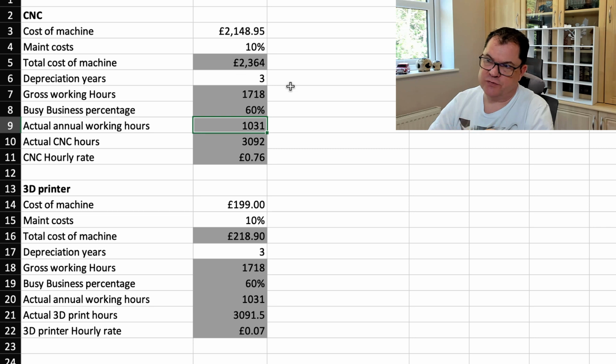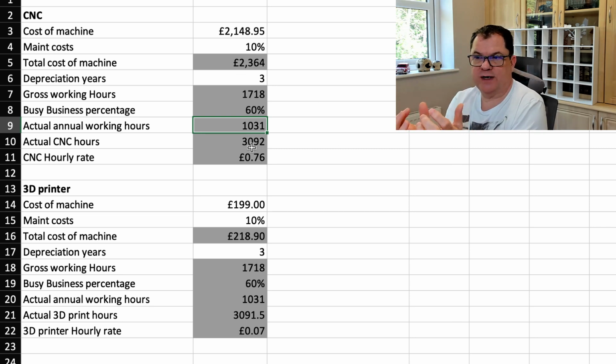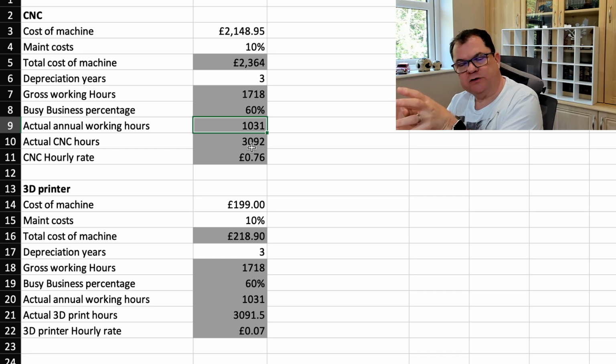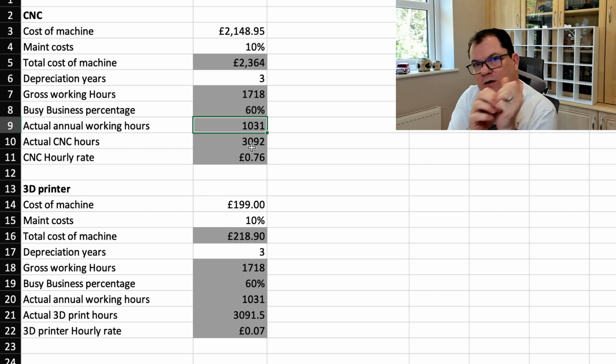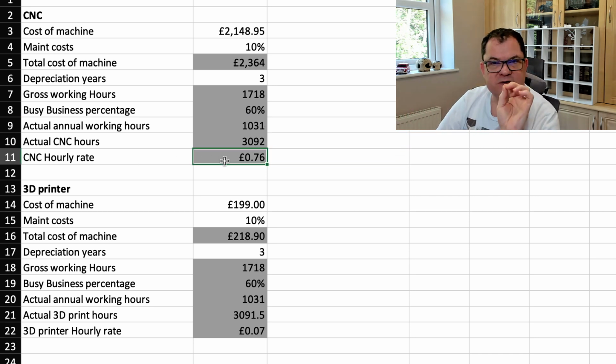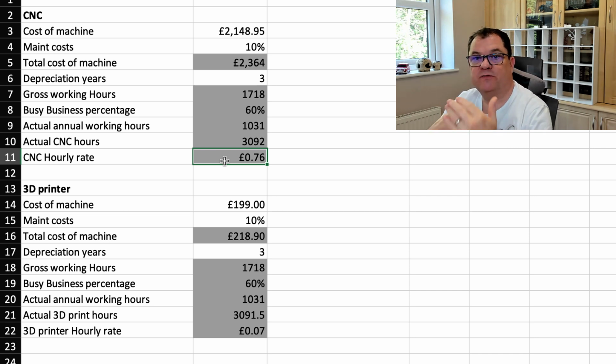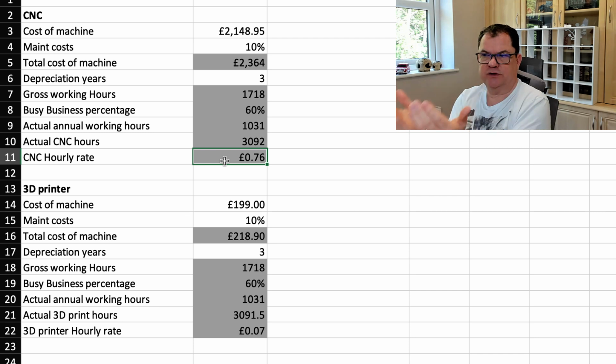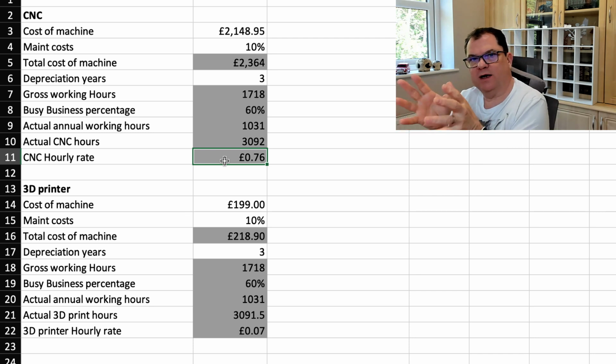Remember, I'm depreciating over 3 years, so my total CNC hours, 3092. So I've got to recover the cost of my machine over 3092 hours. And that gives me a CNC hourly rate of 76 pence. 76 pence as opposed to the £45 that I cost. So you can see why it's well worthwhile if you're looking at productivity to invest in some sort of CAM